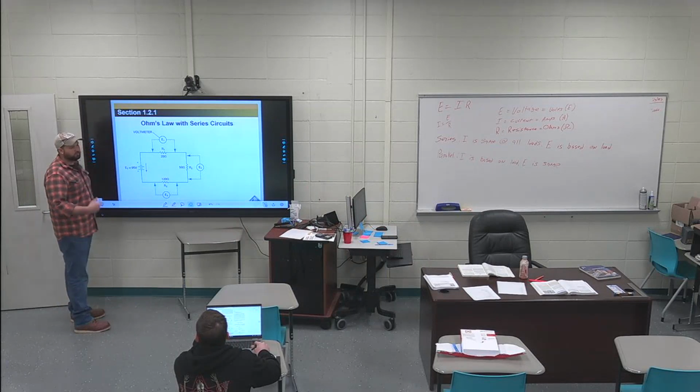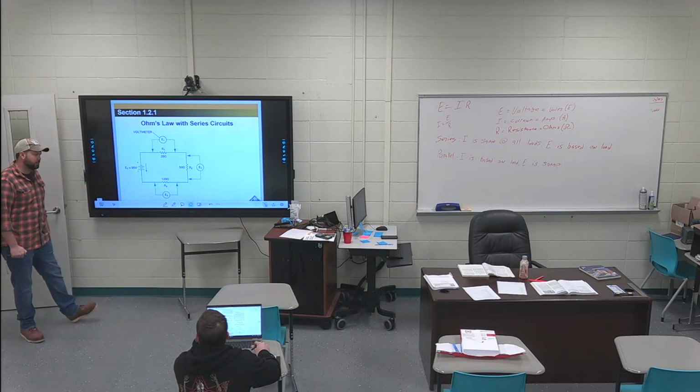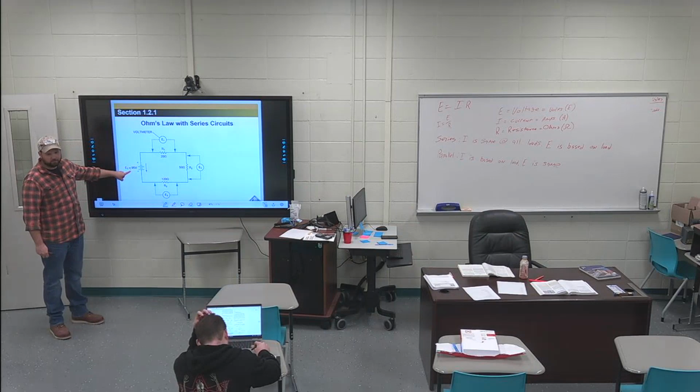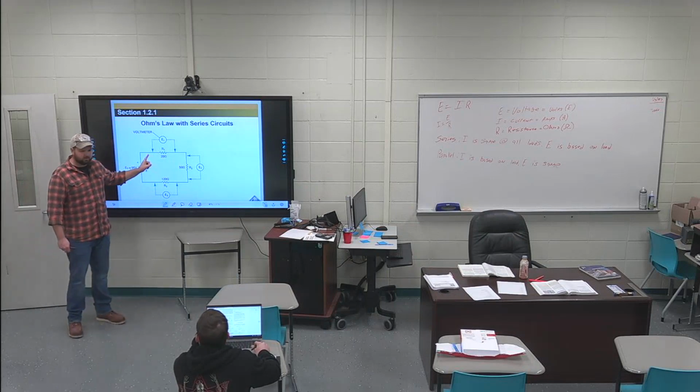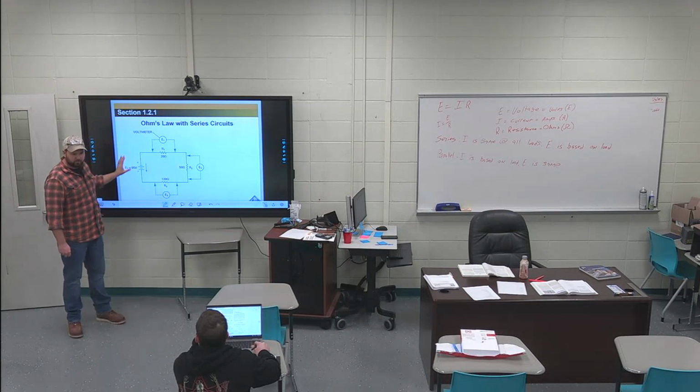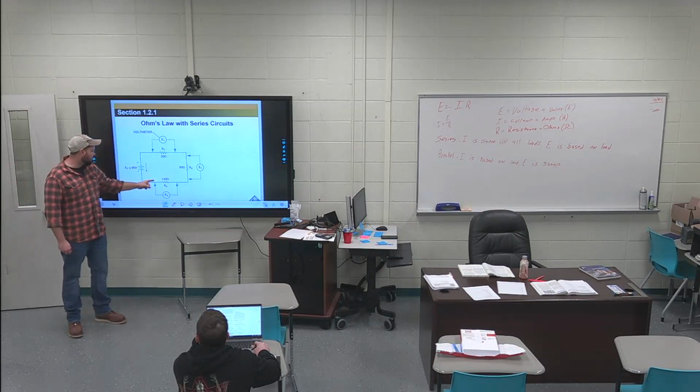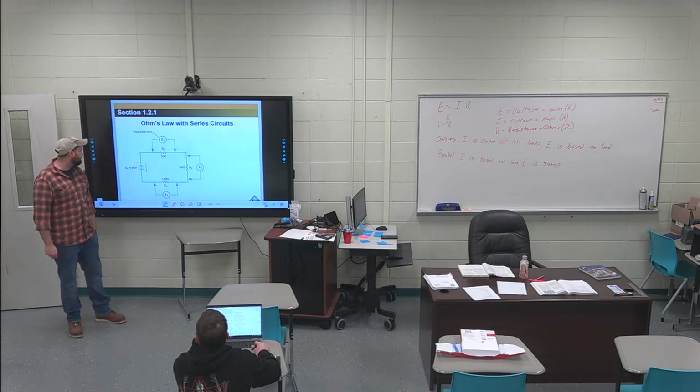I think they talk about Kirchhoff's laws, but all your voltage drops have to add up to your voltage total. So you'll have a voltage drop across each of the three of these, and if you add them all up, they'll be 95 volts. So if I'm finding my voltage drop across R3,